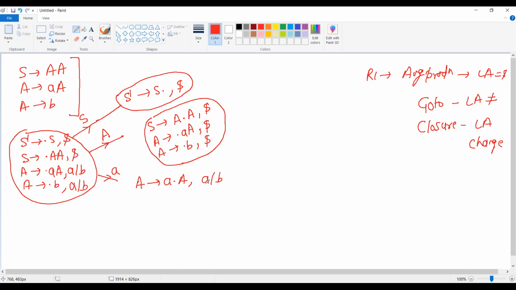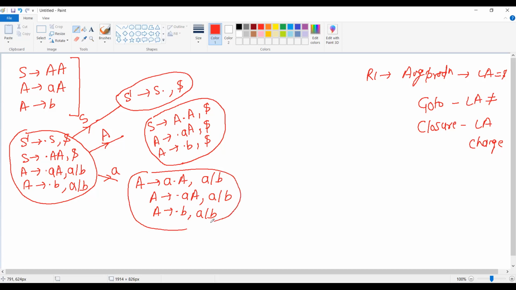Look ahead will not be changed for the go to operation, but you need to apply the closure for capital A. So I'll apply the closure for capital A, and after that I have to recalculate the look ahead. But after capital A, there are terminals. So I'll put the terminals as it is. But if it was non-terminal, then I have to calculate the look ahead again.